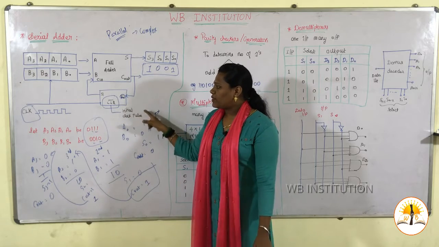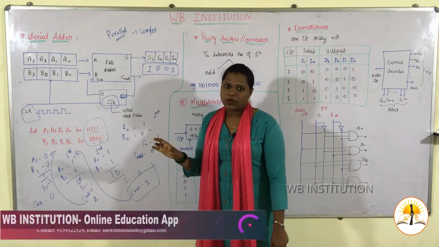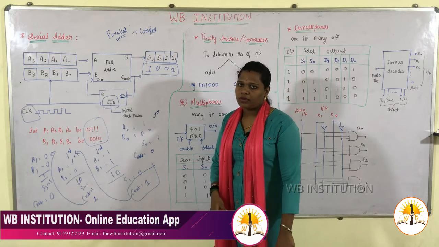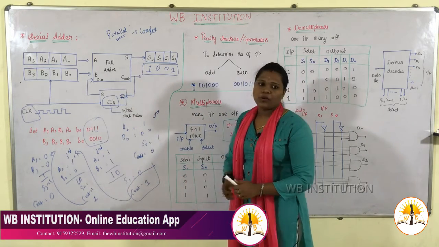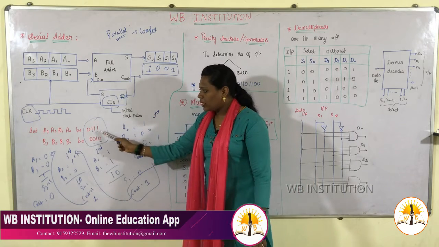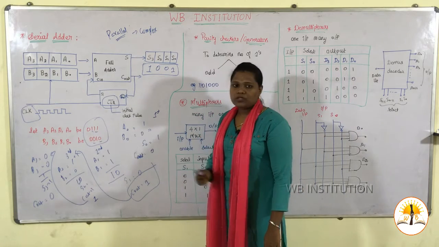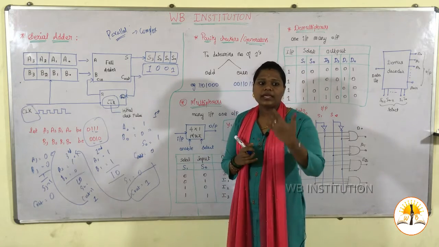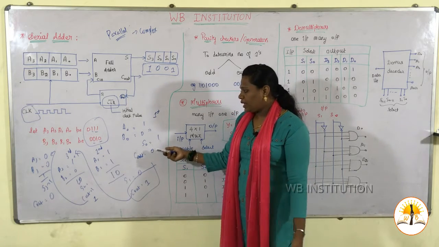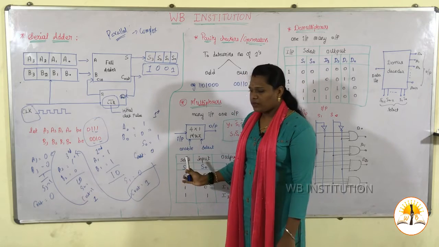So I am going to apply first a clear signal to my full adder, okay. Now I am using a D flip flop here, okay. So I have cleared everything. Then applying my first clock pulse, I am going to take A naught, B naught. So what is A naught? 1 plus 0. So 1 plus 0 will give you sum of 1. C out is nothing but your carry out. Okay. Do you have any carry for this one? No. So C out will be 0.